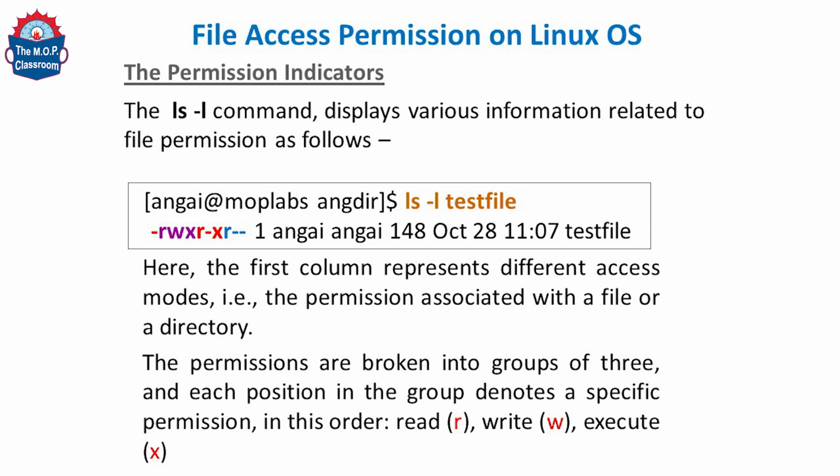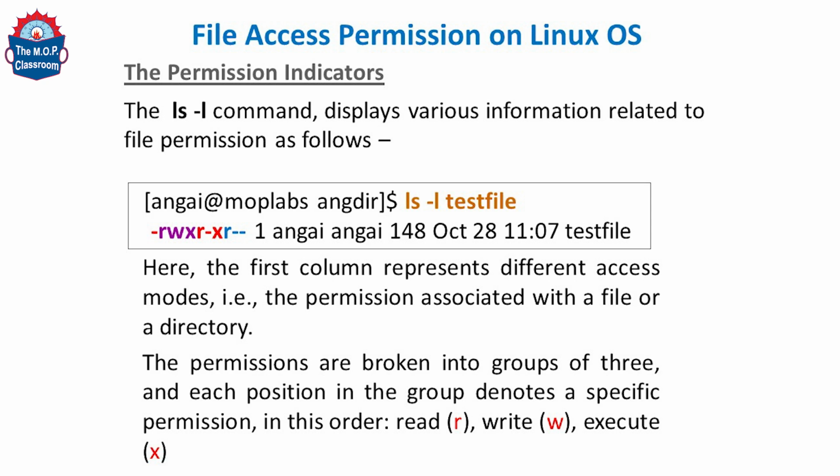If you see here, in the first column there are nearly 7 characters. The first character, hyphen or D or C or B, will indicate what type of file it is, whereas the next 3 characters give the permission associated with the user, the next 3 characters specify the file permission associated with the group, and the next 3 characters specify the file permission associated with the